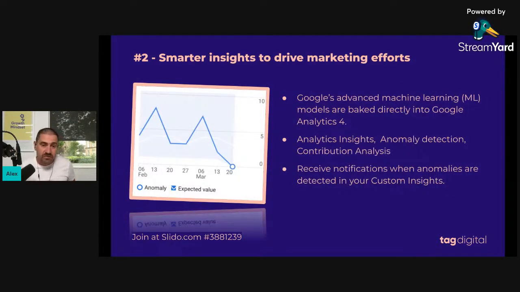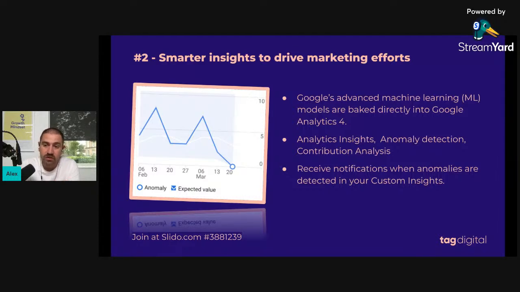So the second reason why you need Google Analytics 4 is that you have smarter insights to drive your marketing efforts. Google's advanced machine learning models are implemented directly into Google Analytics 4. Analytics Intelligence is a set of features that use machine learning to help you better understand and act on your data.